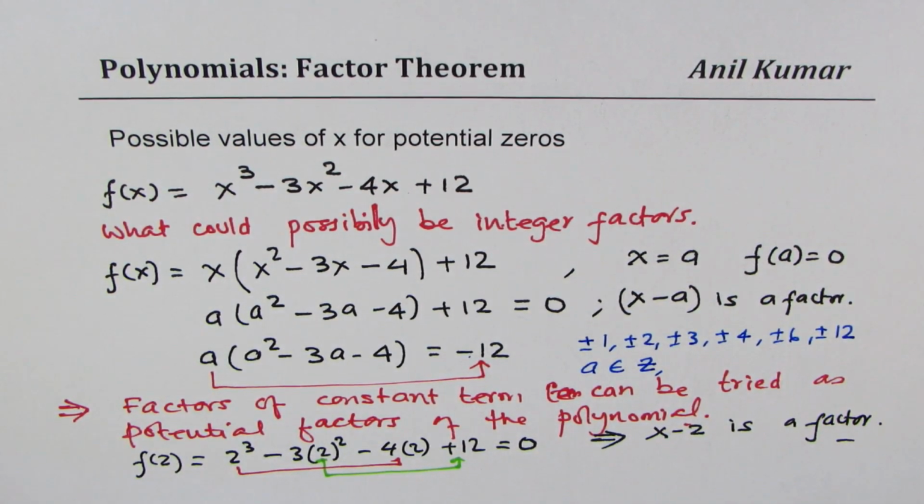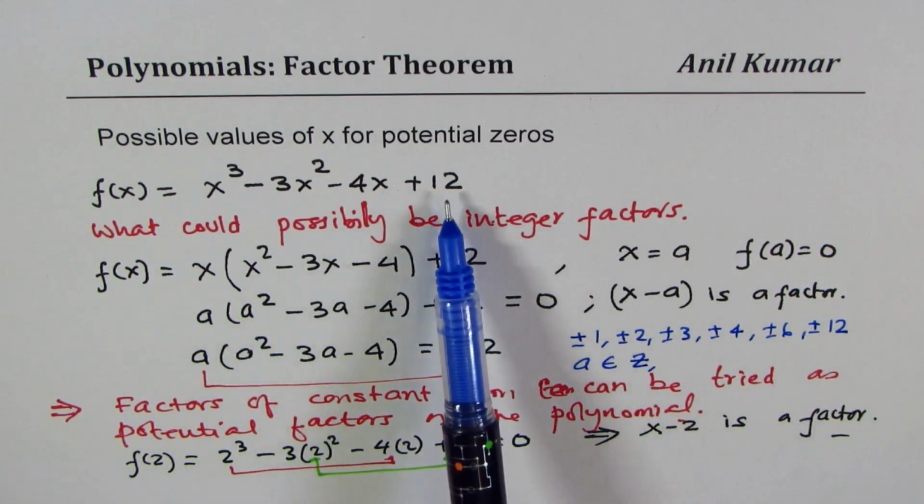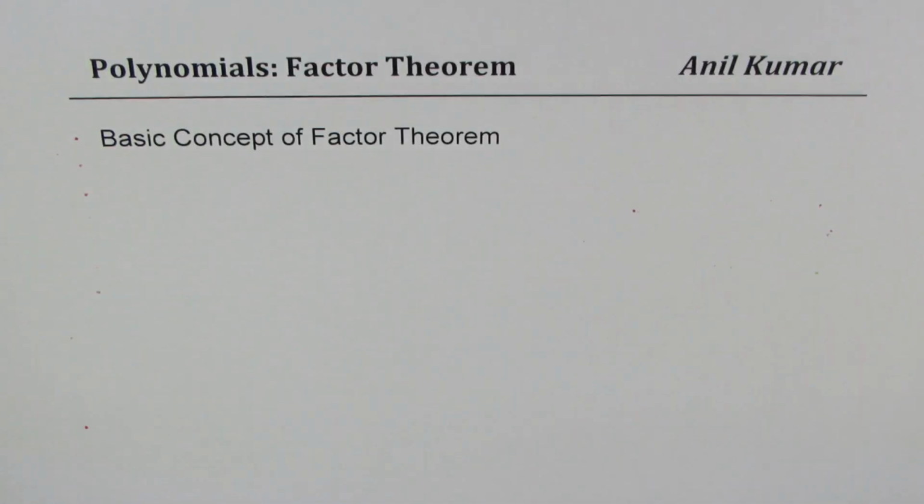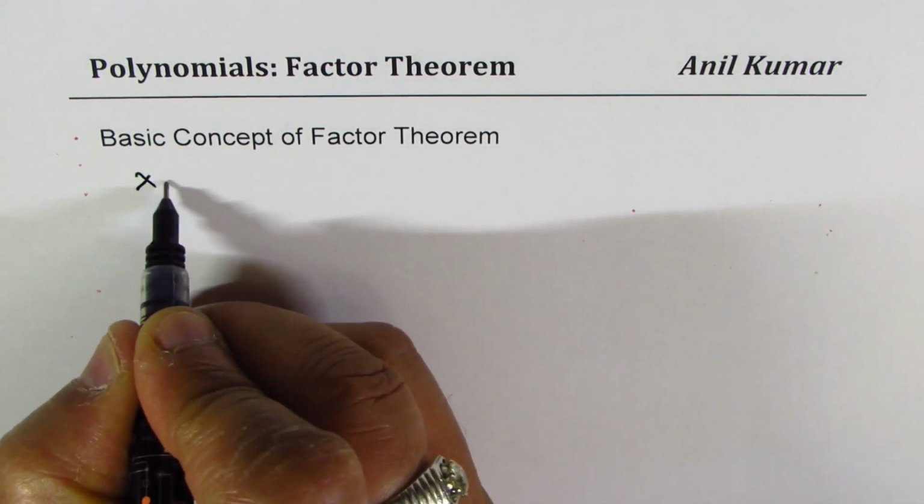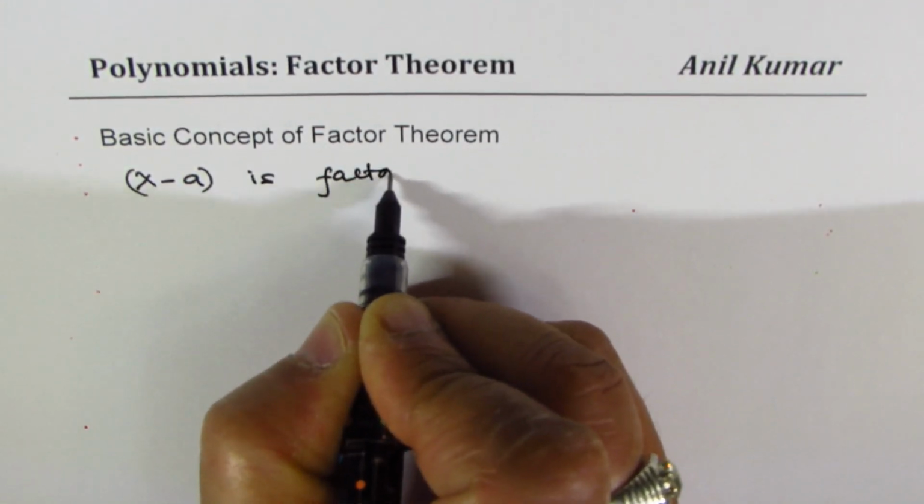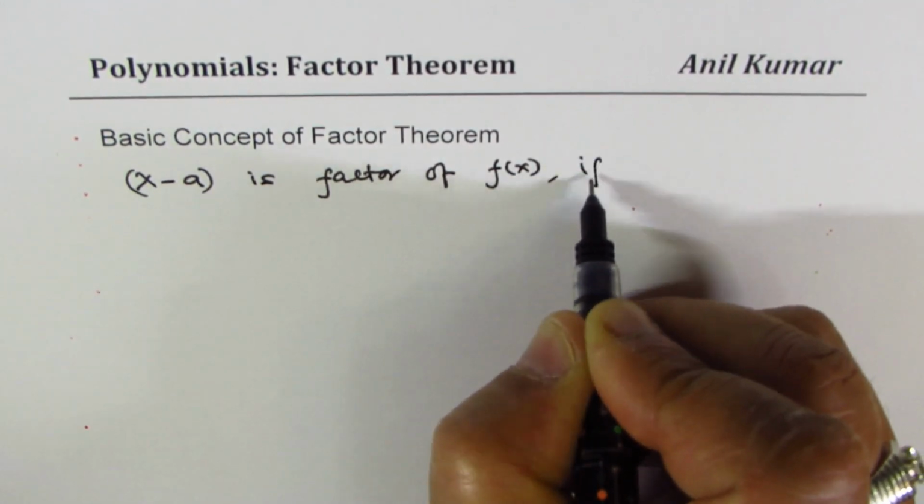Does that make sense? So with this example, we learn that we can find potential factors by trying the values which are factors of the constant term, correct? Now let's generalize all these learnings in one place. So let's get back to the basic concept of the factor theorem. We say that x minus a is a factor of f of x if and only if